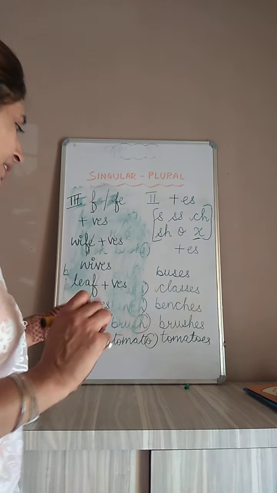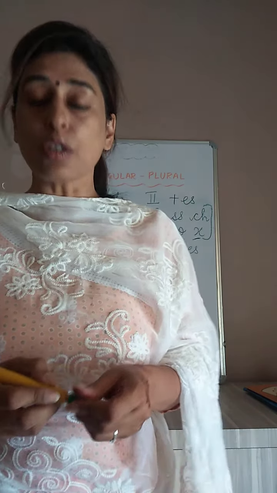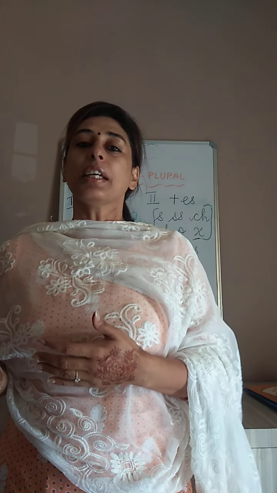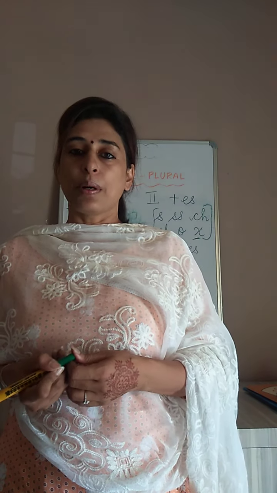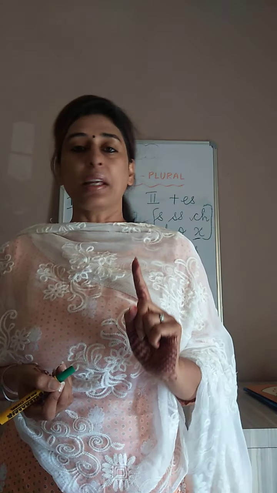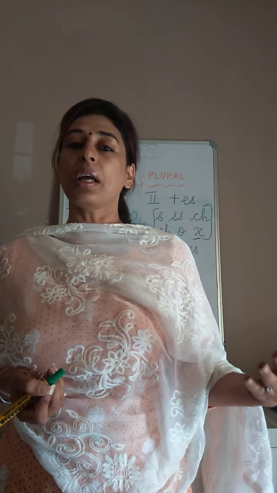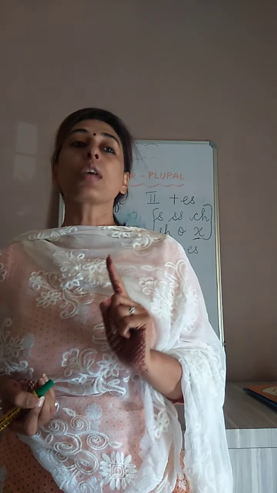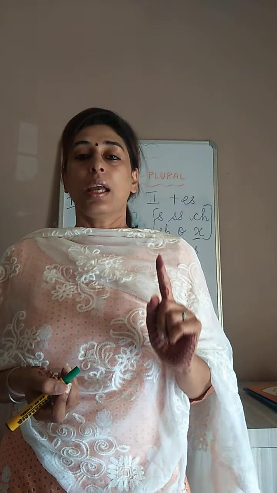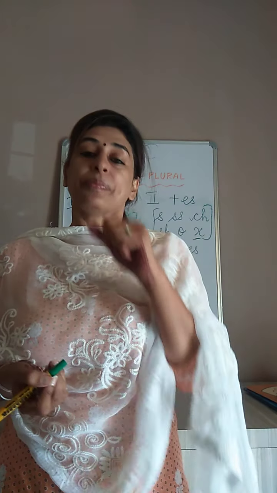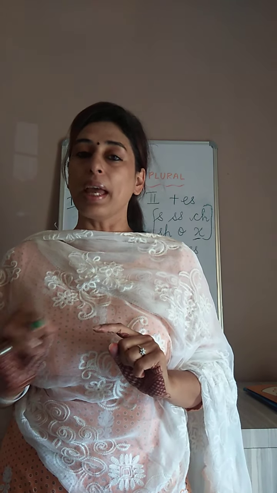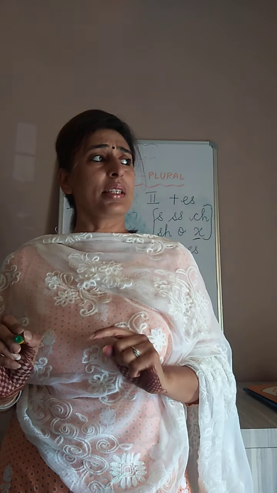Next, there are few words which do not change at all. They remain the same whether they are in singular form or in the plural form. For example, sheep, S-H-E-E-P, sheep. If you are talking about one sheep, then also it is sheep. If you are talking about more than one, then also it is sheep. So first word is sheep. Second is hare. We never use hares in our English language. One hare is also hare and more are also hare. Clear? So hare is the second word.